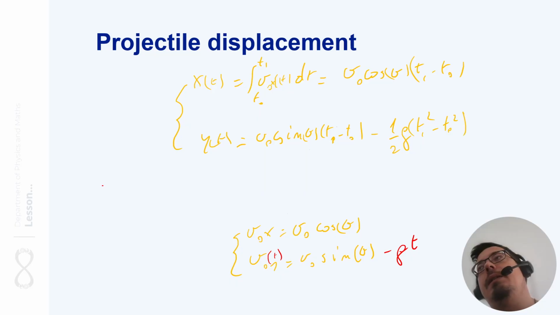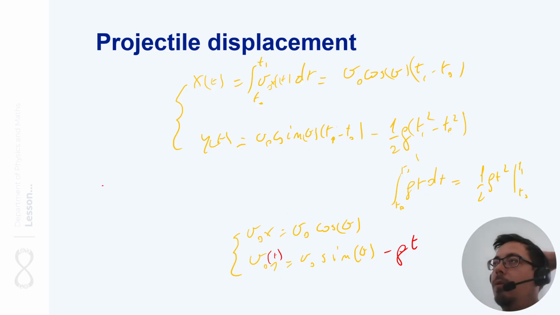So this is the formula that we get by integrating gt in time. We know that it is 1 over 2 gt squared, evaluating between t0 and t1. So we have these two components. So now we have our trajectory,